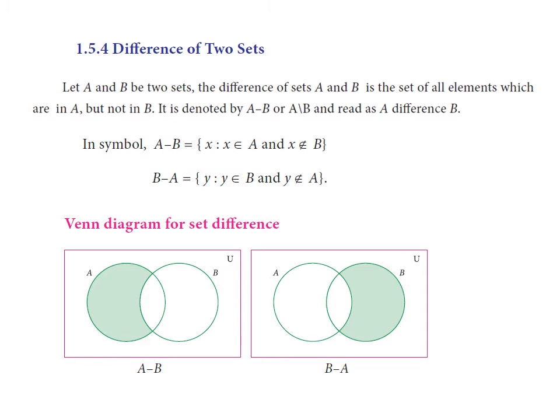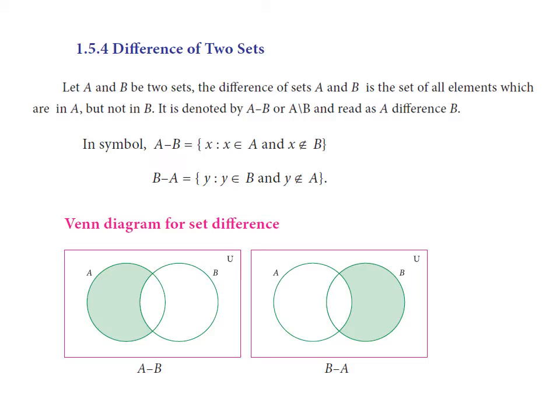In the Venn diagram, look at this. So A minus B means you leave B, right? These elements in A alone, that common element also will not come. So you should totally leave the elements in B. So take only elements that lie only in A. This part alone you have to take. Same like B minus A, this one, so leave full A. So this is B minus A, leaving the elements of A.